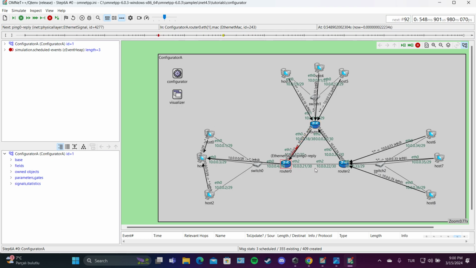I assume that in this path, the metric is really high, so the package decides to go this path between router 1 to router 2 and router 1 to router 0, not this path, because the metric value for this path is really high, by the way, and the package decides to go the faster path, which is in the megabit. I assume like if it's a 1 megabit, this is the 100 megabit. These two paths,